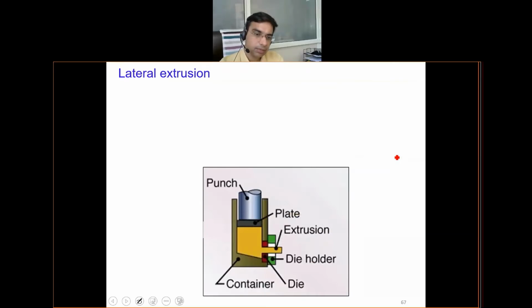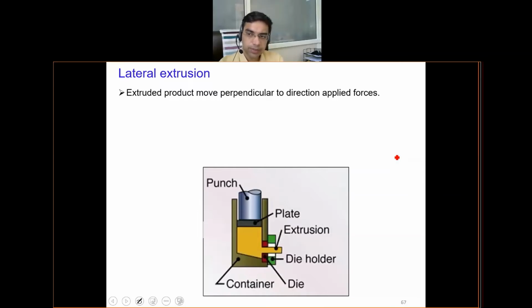Next we discuss lateral extrusion. In lateral extrusion, the extruded product moves perpendicular to the direction of applied force. Here the punch is the alternate name given to the ram. The compressive force is being applied by a plate on this billet. So this is the billet here,